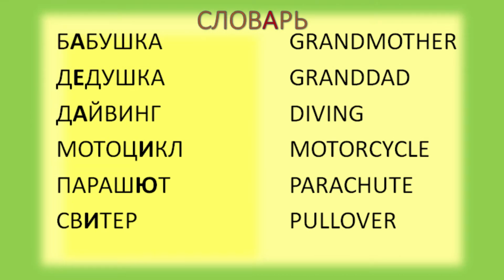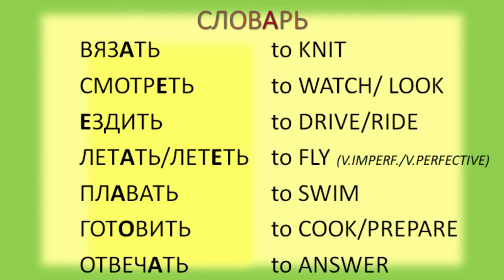Бабушка, grandmother, дедушка, granddad, дайвинг, diving, мотоцикл, motorcycle, парашют, parachute, свитер, pullover, вязать, to knit, смотреть, to watch,